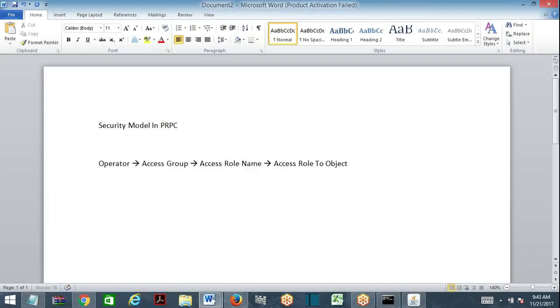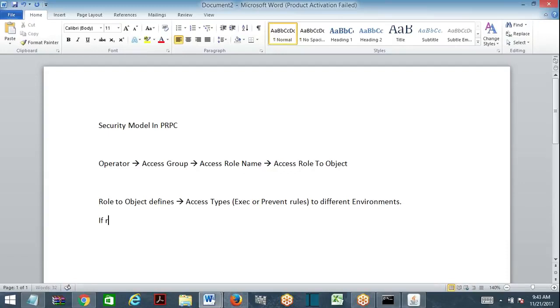So role to object defines access types. I can say access types means execute rules or prevent rules to different environments. Okay.